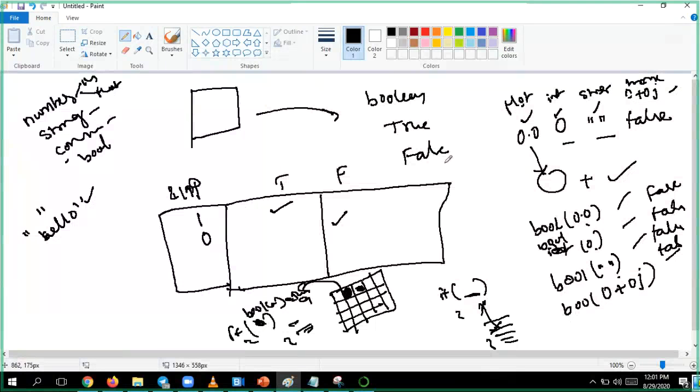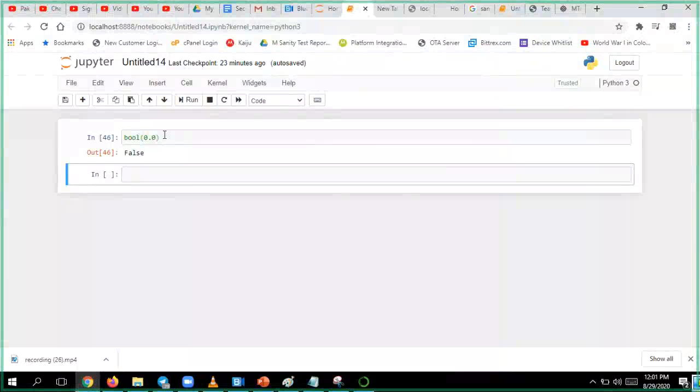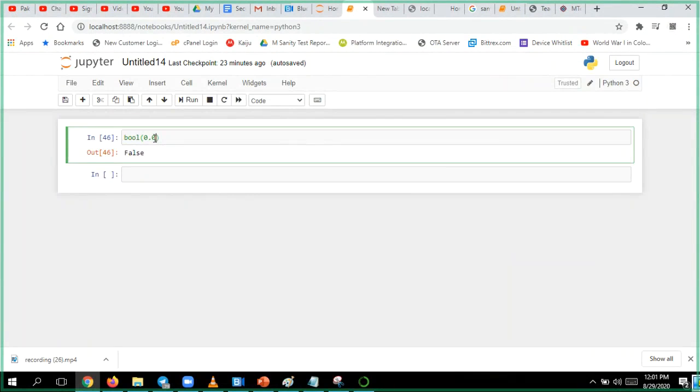So this is the conversion of Boolean. Now you have come across all the different data types. Complex also you have seen. If I have 0 plus 0.1, just the imaginary value, still it will return true, because both values are not 0.